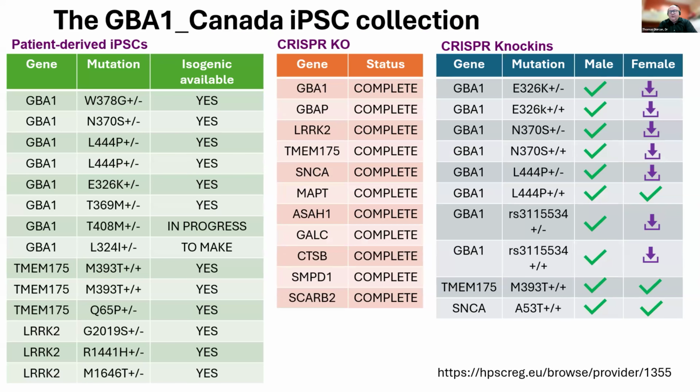At the start we knew we wanted to study GBA1, but to do that, you really needed all the tools. So over the last few years, we've built quite a substantial panel of about 14 iPSCs from individuals with GBA1 defined heterozygous mutations and made the matching isogenic corrections for them. We've also looked at different modifier genes from TMEM175 to LRRK2 and other genes as well. So these are all now made. There are one or two more that we're making the isogenics for now.